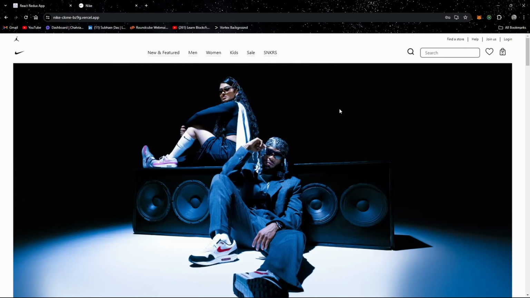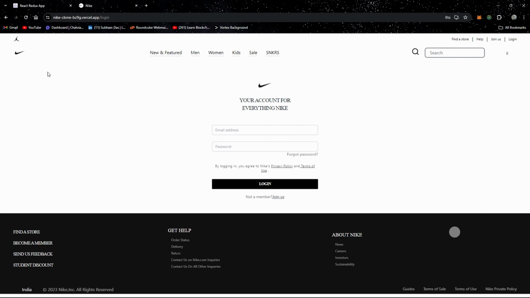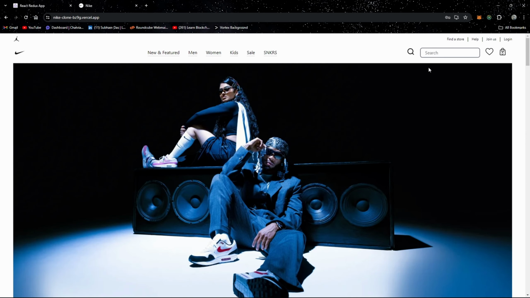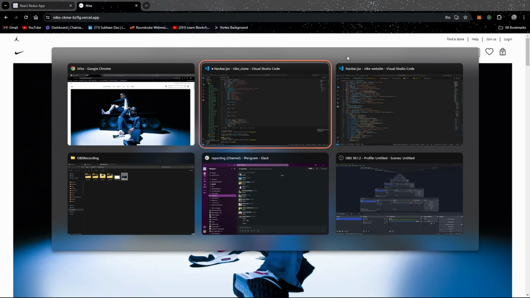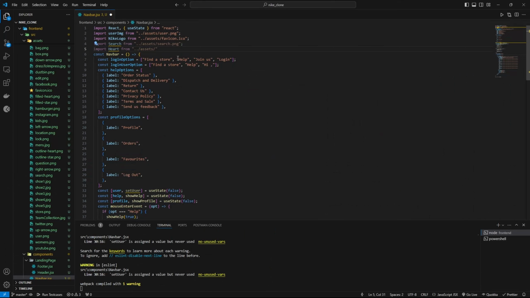Like if you will see here in the tutorial, I have shown you that whenever we have some type of, okay, let's see. Okay, no, I have applied the outline. I need to apply the outline heart. So outline heart